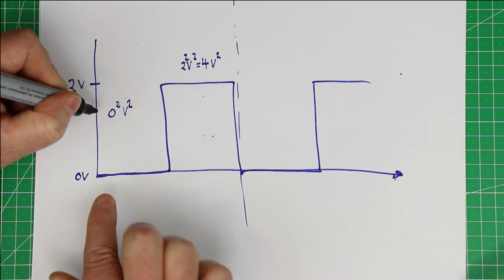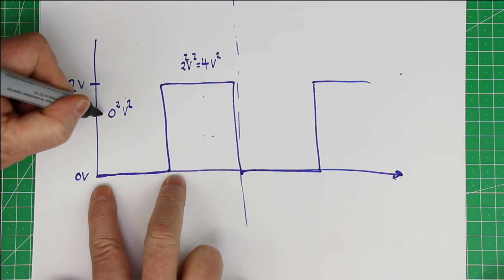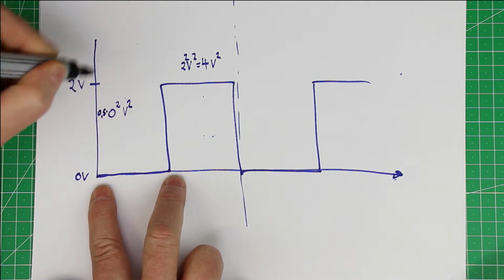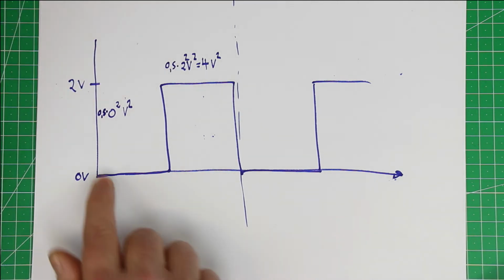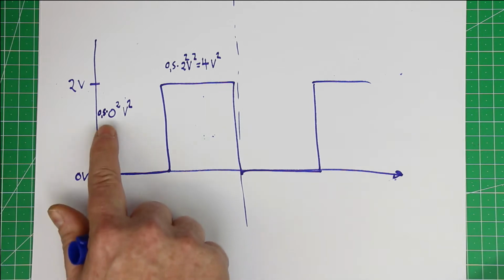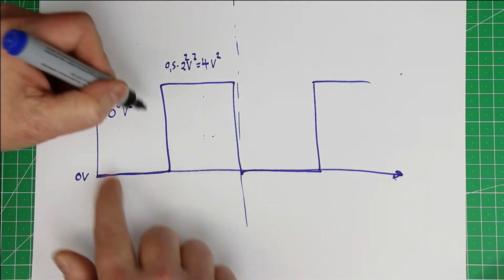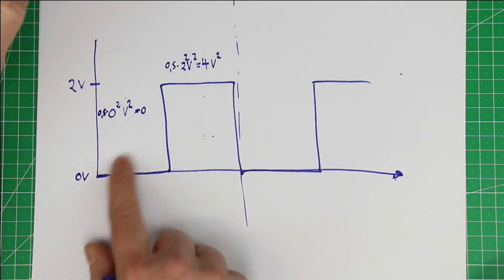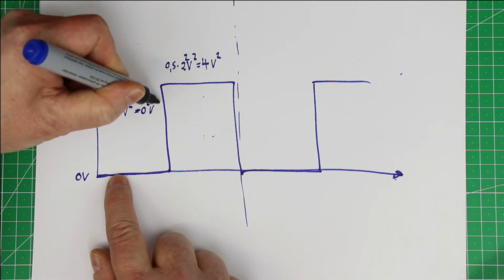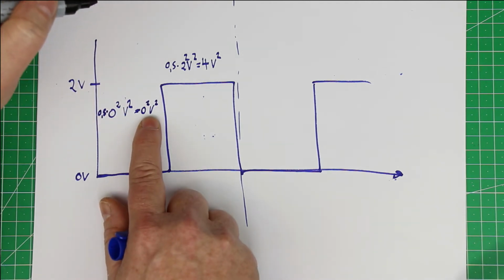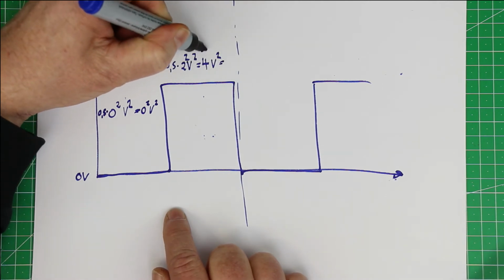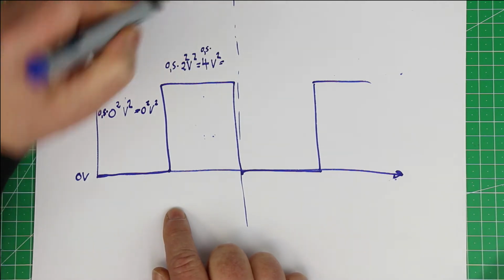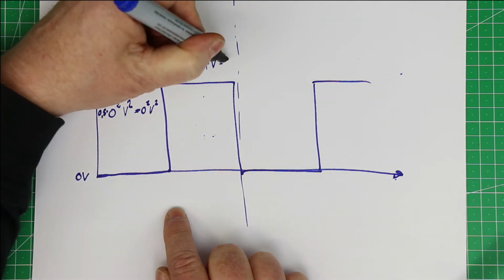Each part of the signal is present half of the time, so we still have to multiply each with a factor of 0.5. This of course gives us here again 0 squared volts squared. Here we get times 0.5, here we get 2 volts